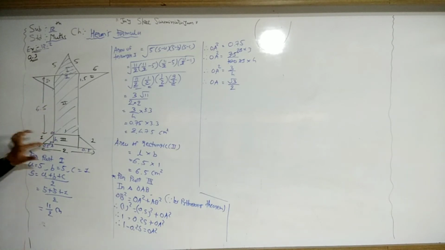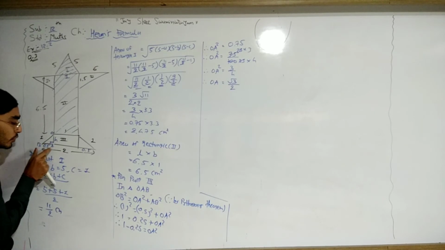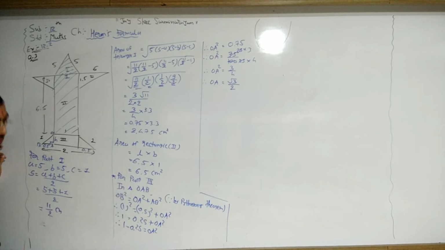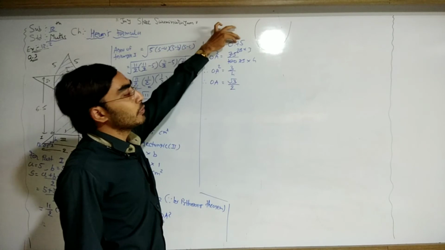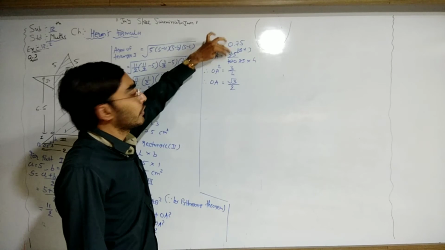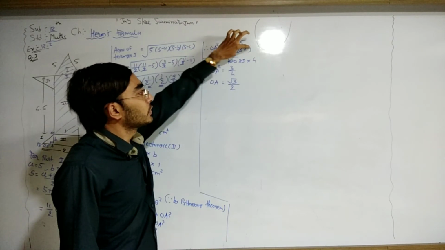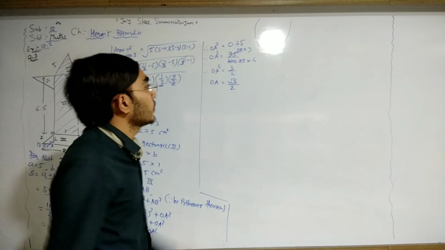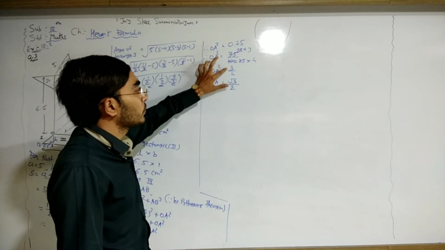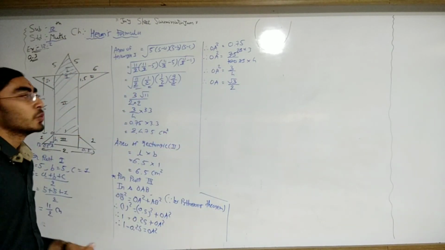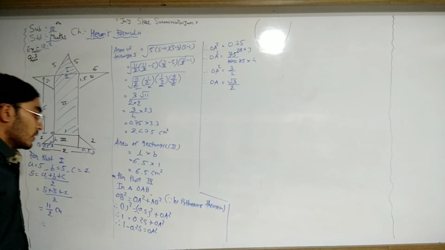Again, in triangle OAB, OB square is equal to AB square plus OA square. 1 square is 1, 0.5 square is 0.25, transfer this 0.25 here, it's 0.75. Now in 0.75, after the decimal point we have 2 digits, so in the denominator we write 100 and remove the decimal point, so 75 divided by 100. This is 25 3s and 25 4s, 25 cut, 3 by 4. Now take the square root of 3 by 4. The square root of 3 is under root 3 and the square root of 4 is 2, so under root 3 by 2.